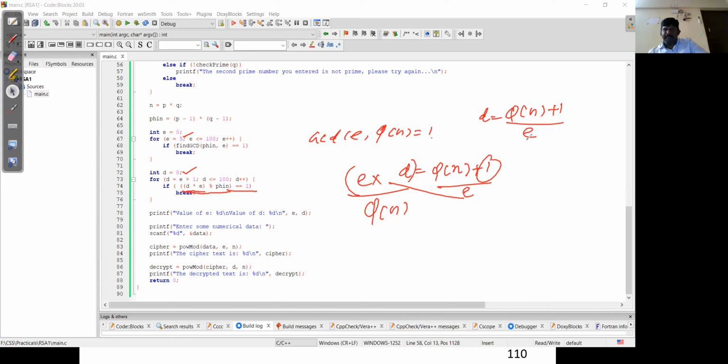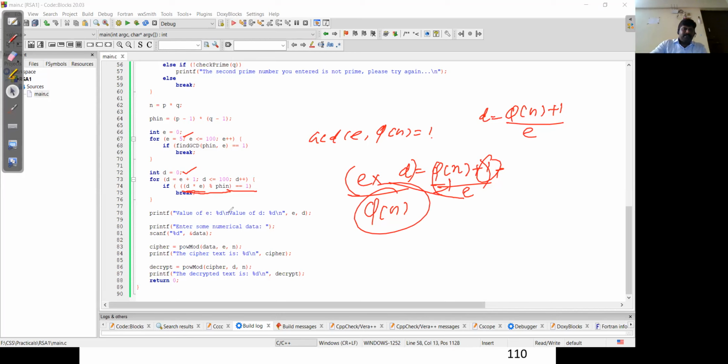I explained you can bring the d here, which gives e multiplied by d, and you can bring this pi of n out, and then you will get the remainder value equal to 1. I hope this is clear. Any further explanation required? So e star d mod pi of n is equal to 1.